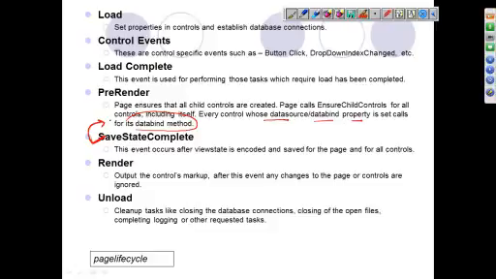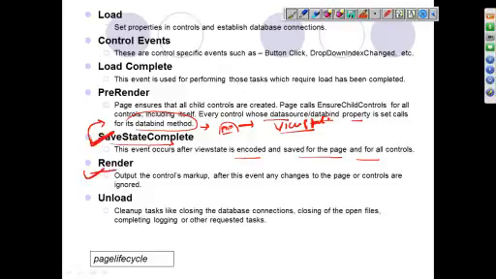Save state is when you post the page to the server, what did the server do? It got your data from the controls and saved it in the form of view state, or hidden fields. Okay, so view state is encoded and saved for the page and for all the controls. So basically, before sending output to the browser, the server has kept the previous state saved, so that it can be sent to the browser and the browser can retrieve it back. So this is saving of view state.